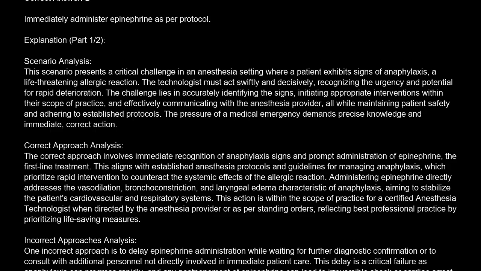The correct answer is D. Immediately administer epinephrine as per protocol. Explanation. Scenario analysis. This scenario presents a critical challenge in an anesthesia setting where a patient exhibits signs of anaphylaxis,